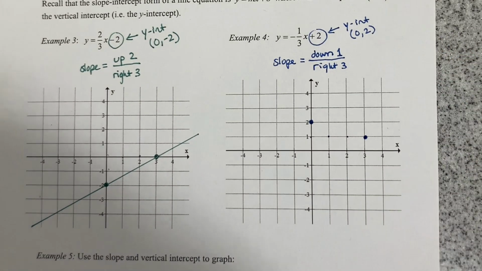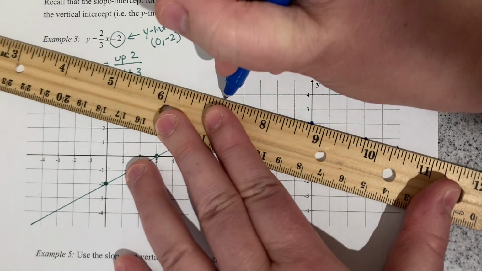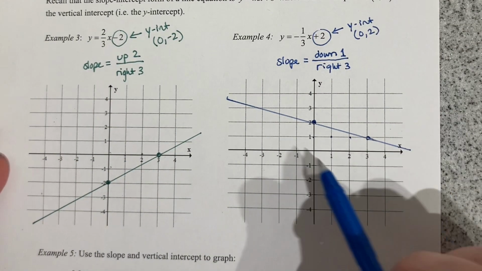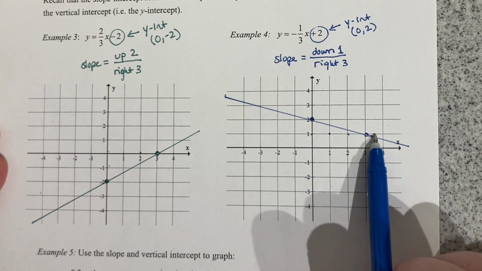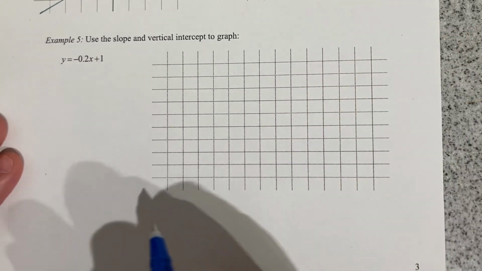And then we draw the line. Make it look nice, make it extend to the ends of the axes. Lovely. So this is the line that starts at 2 and has slope down 1/3. Okay, let's do one more. Ooh,